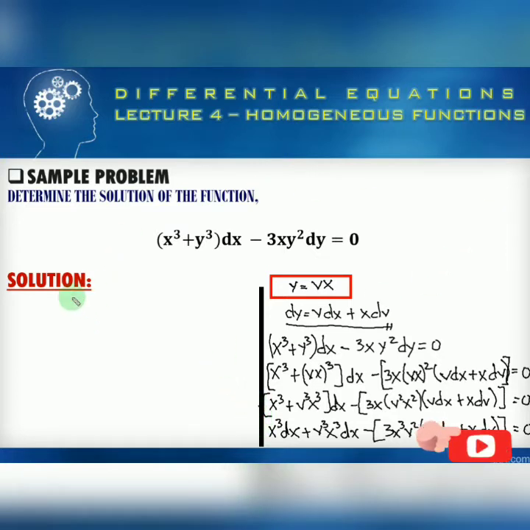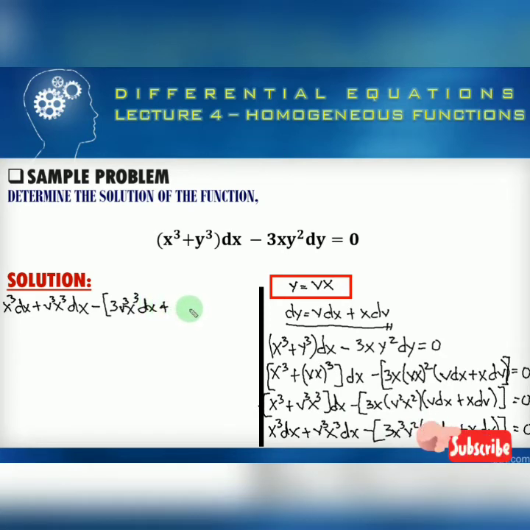So we will proceed with our calculation. So this would be, again, x cubed dx, and then we have plus b cubed x cubed dx, minus, so we distribute this one, so we have this 3b cubed, so we have here 3b cubed x cubed dx, and then plus, so we have here plus,